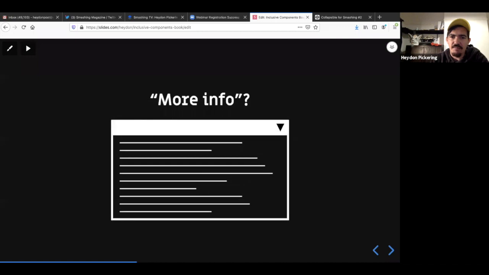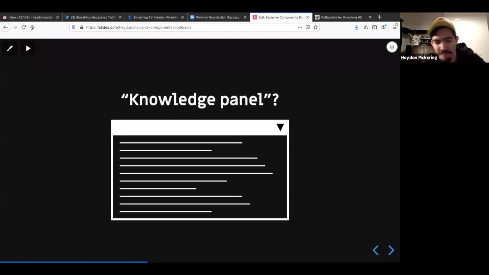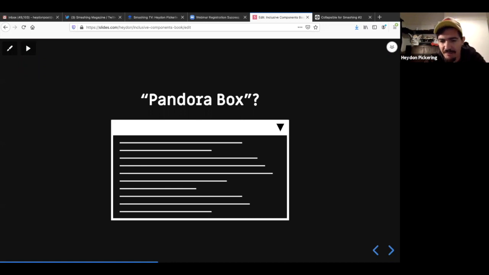So this thing, in your design system, might be called more info, or something like that might be the name of the component, because it's a way for users to get more info. Or it might be called a knowledge panel if you're a little bit more verbose and slightly pretentious. Or it might be called Pandora's box. I don't know. It could have any number of different names and be talked about in different ways based on its actual purpose. But the actual interface, regardless of the purpose and what you're trying to achieve and what information you are hiding and then disclosing, it's just a very simple, ordinary pattern,